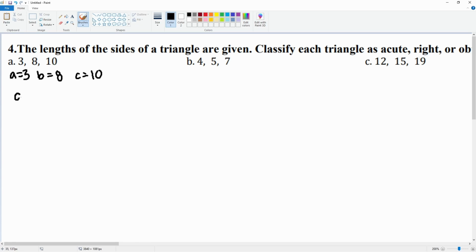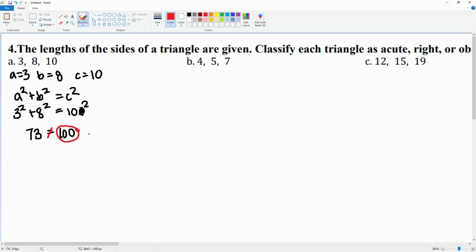So we try to plug it into a squared plus b squared is equal to c squared. If it is equal to, we can confirm that it is right. So 3 squared plus 8 squared is equal to 10 squared. All right, so 3 squared plus 8 squared in the calculator, that is 73, and this is 10 squared, which is just 100. So this here is not right,